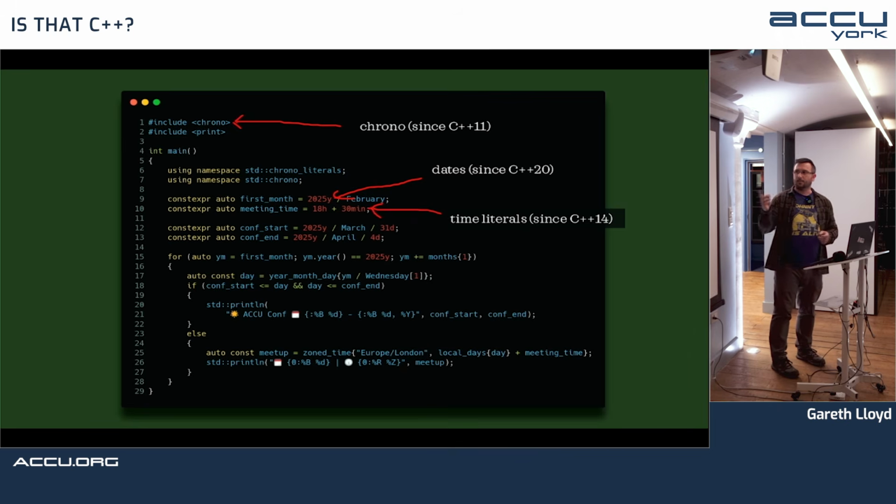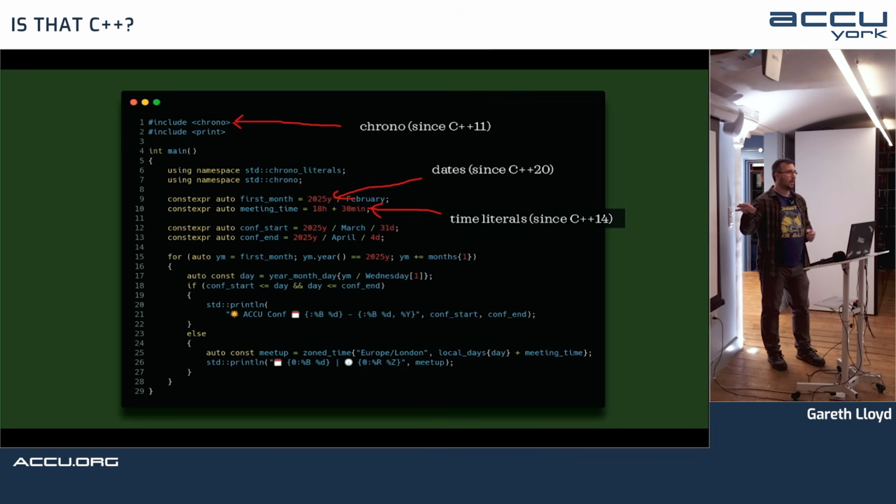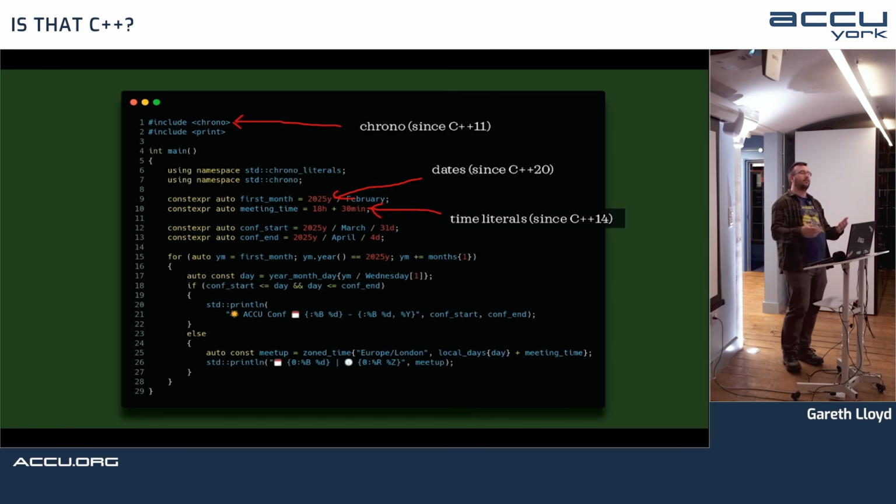And it wasn't until C++14 that we actually started getting the user-defined literals in. So we've got the time literals. So now you can, in a very ergonomic way, spell out 18h plus 30min, and that tells you 6:30 p.m., right? And then eventually, after many years, we get to C++20, and we actually get dates, so